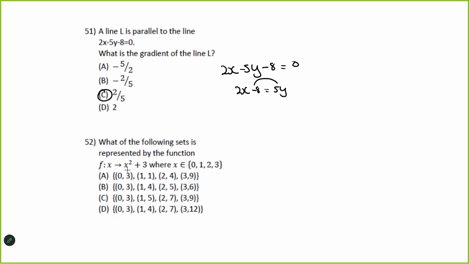When x was 0, y was 3. When x was 1, yes, y was 4, because 1 plus 3 is 4. So it will not be this one, and it will not be this one. When x was 2, 2 2s are 4. 4 plus 3 is 7. So you're going to get 2, 7. Cannot be B. So the answer is D. That is the end of